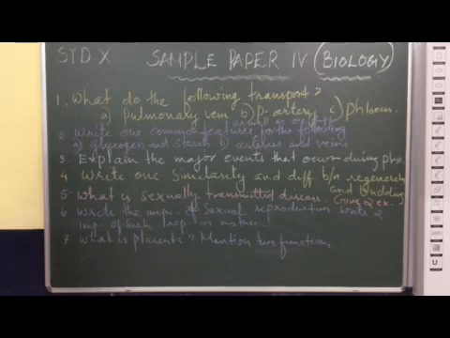It is very important that both starch and glycogen are formed from glucose. Glucose is the final product. Glucose inside the liver is converted to glycogen, and gets stored in different parts of the body. Starch is also made up of glucose, and that is stored in the plant body as energy reserve.